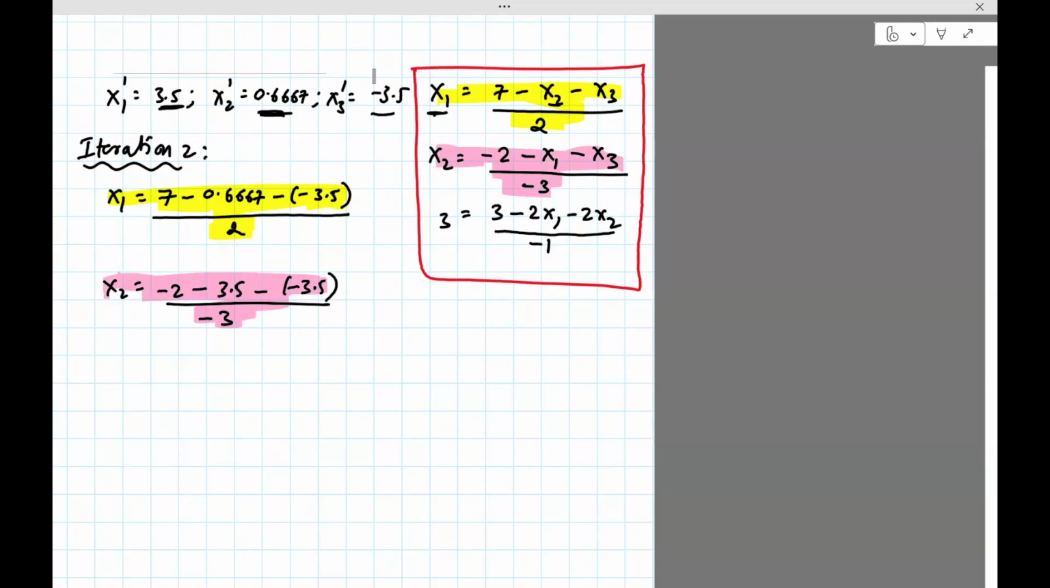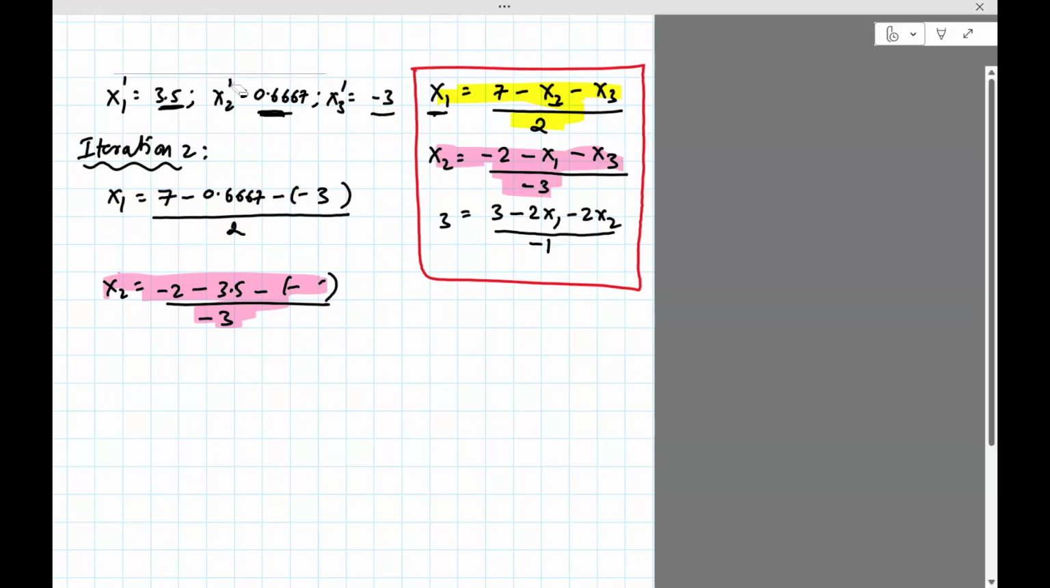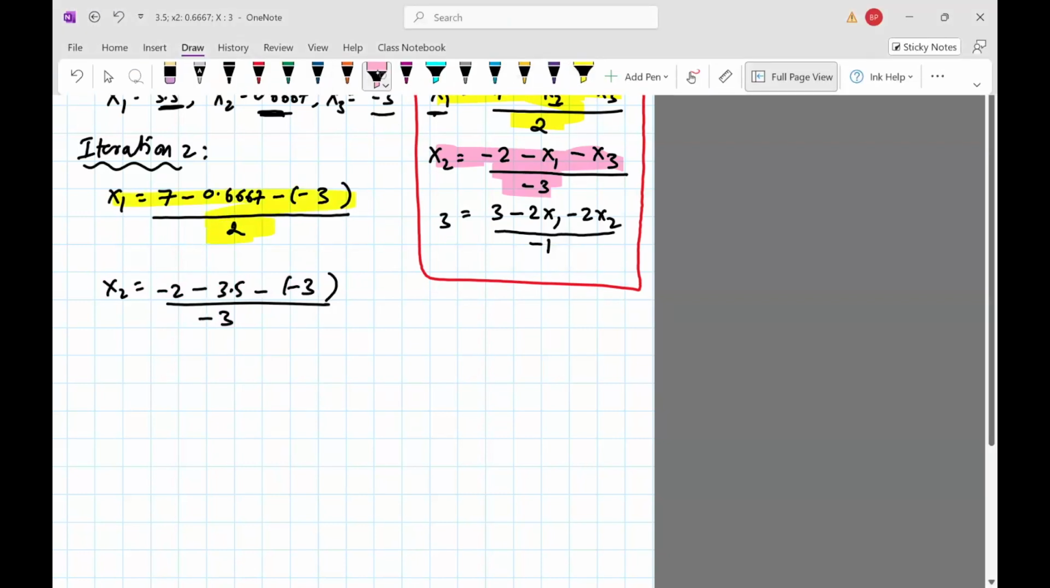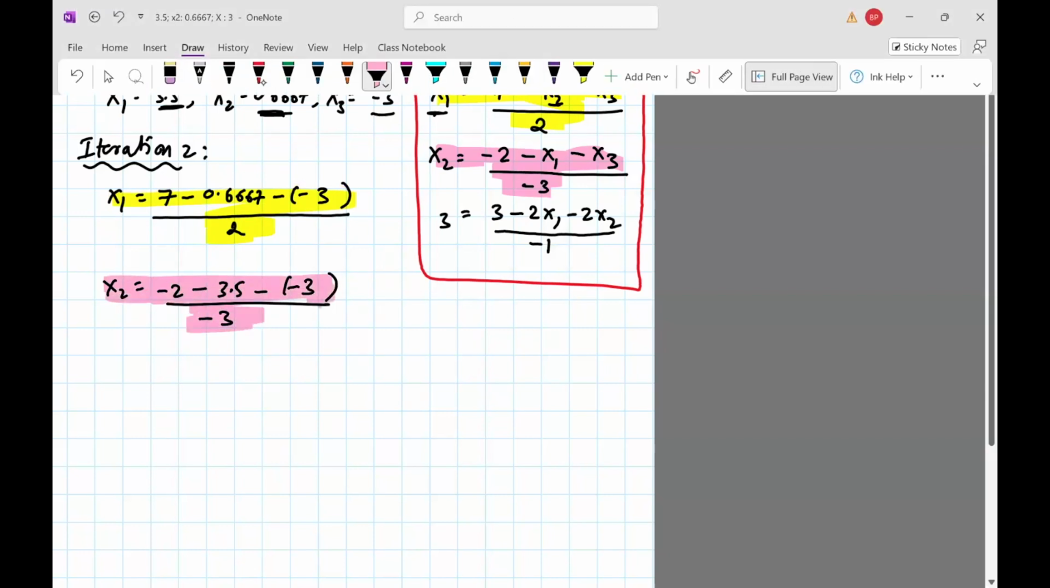Okay, my bad here. I incorrectly copied this. This should be 3.5 and minus 3. So this will be wrong. This should be minus 3, and then this would be minus 3. Okay, and finally